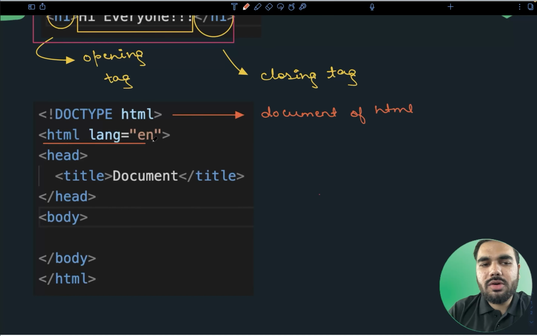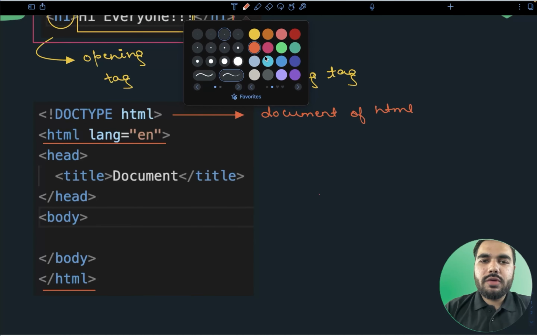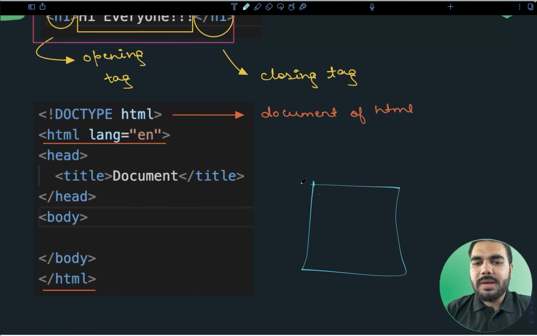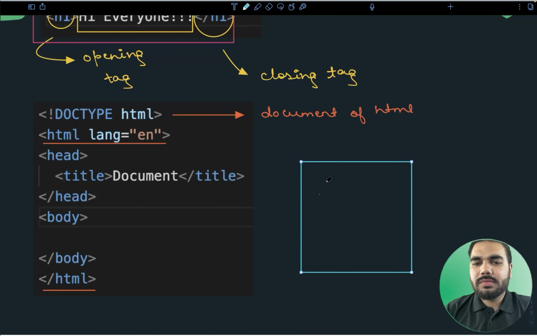Then all of the things are wrapped inside this html tag. You can see there is an opening HTML tag and a closing HTML tag, and all of your content is wrapped inside the HTML tag. And this lang attribute says that currently we want the language to be English. Now if you imagine your web browser or web page, this web page will look like this, and it has a title. The title will be above the browser. Let me create a small box over here. So this is nothing but a title.